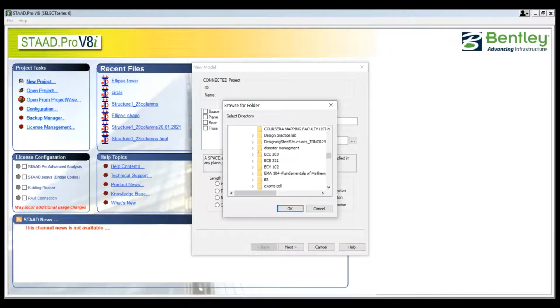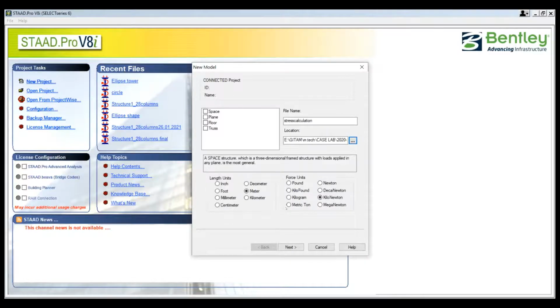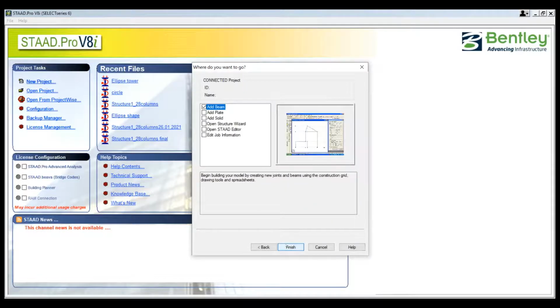So somewhere in between the folders I have kept it, and then I'm creating a new file and just click on finish.